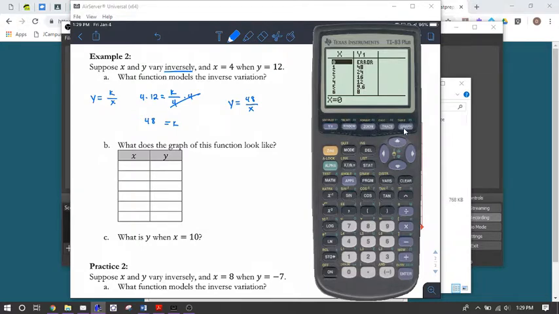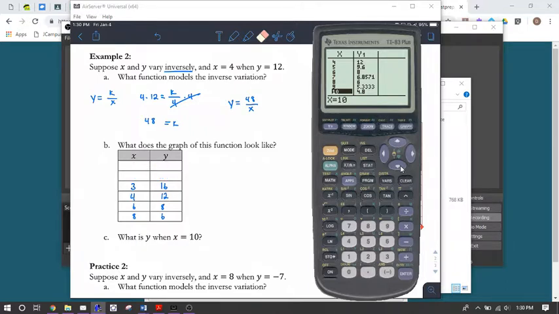So let's start here with 1 and 48. We can just write these directly into our table. 1 and 48, 2 and 24. We get 3 and 16. 4 and 12. 6 and 8. And if we continue down, we get 8 and 6, and then the whole process just kind of reverses on itself. 6 and 8, and actually, because the numbers are a little bit high here, I'm going to get